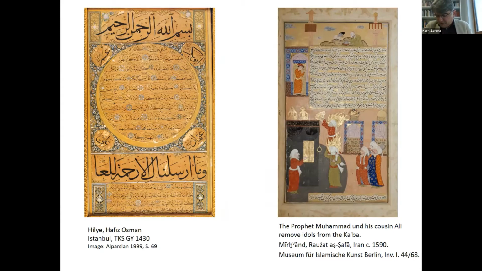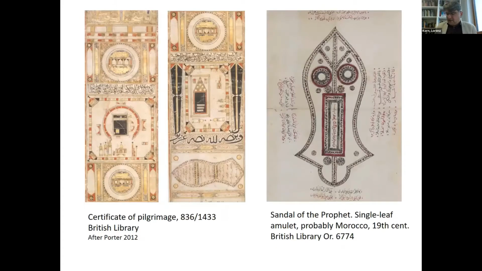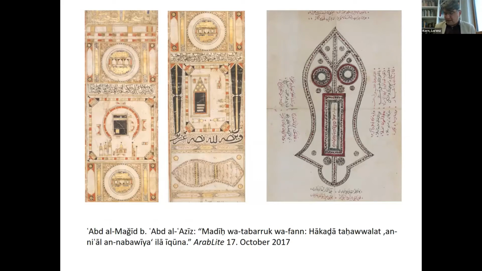For the sandals of the prophet, we can summarize here that their depiction has only been preserved from the Ottoman period onwards, or slightly earlier, that it became more widespread parallel to the propagation of the virtues in al-Makkari's work, and that the shape of the sandal, as we see it already in a late Mamluk pilgrimage certificate, became fixed as an icon, as Abdelmajid ibn Abdelaziz has formulated in an online article published in 2017. Nonetheless, keeping in mind Uri Rubin's statement that the veneration of the sandal was connected with that of his footprints,